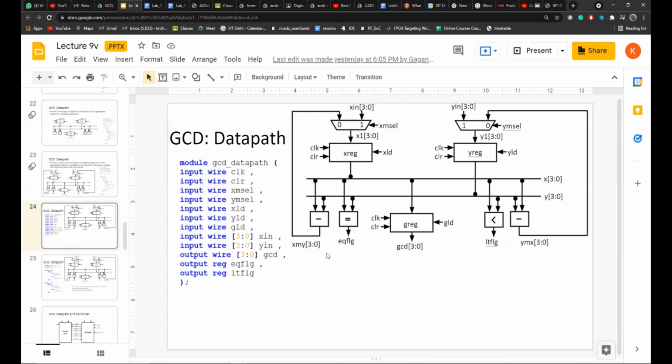As you can see here, the output of the control path is the load signals. So the control path determines when we are going to load certain data, which is coming from over here and over here and over here, into the registers, and then when we do certain combinational logic on them. So this is the basic utility of the control path.